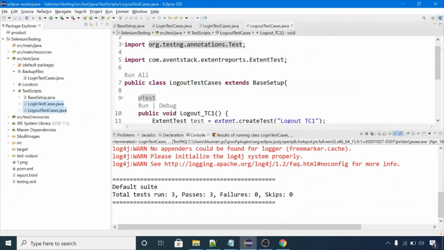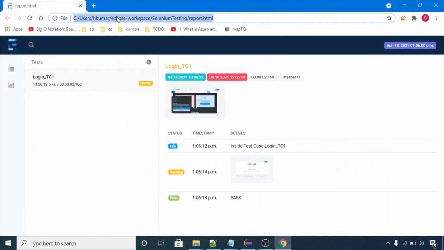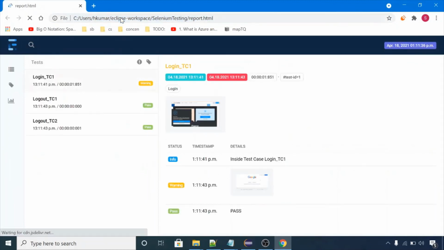Okay, execution is done. Now let's see the report file. Refresh this file. So in this file we have one test case of login and two test cases of logout.